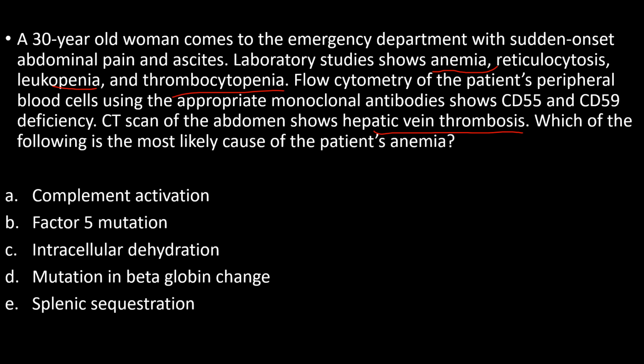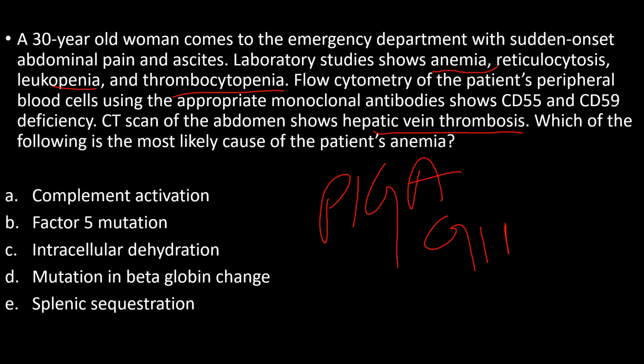PNH, or paroxysmal nocturnal hemoglobinuria, is caused by an acquired mutation of the PIGA gene. This PIGA gene is present within a clonal population of multipotent hematopoietic stem cells. This gene is involved in the synthesis of the GPI anchor. GPI stands for glycosyl phosphatidylinositol anchor, a glycolipid that is necessary for the attachment of several cell surface